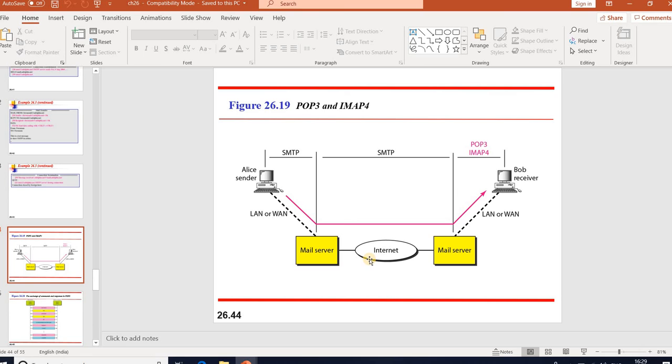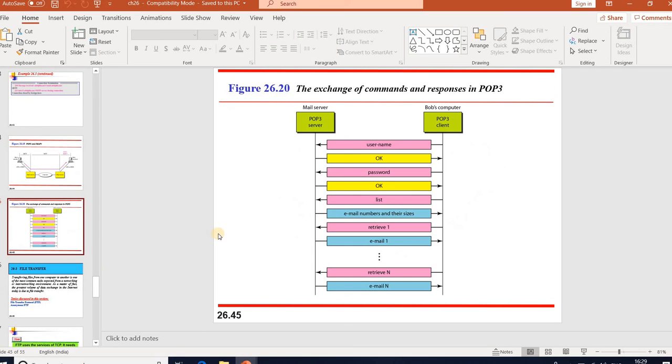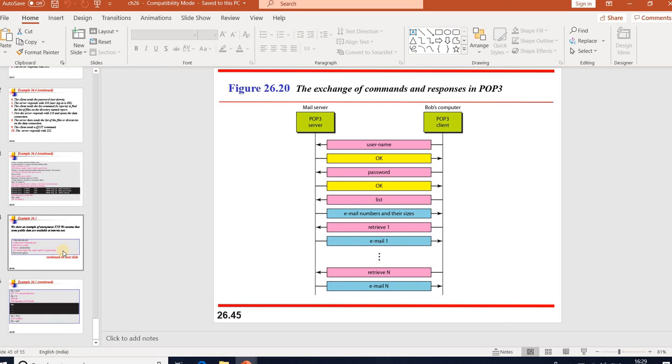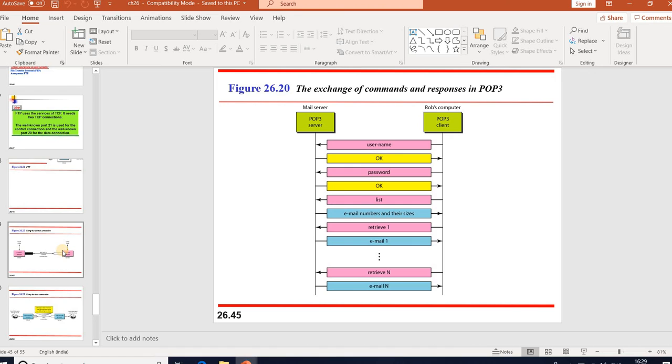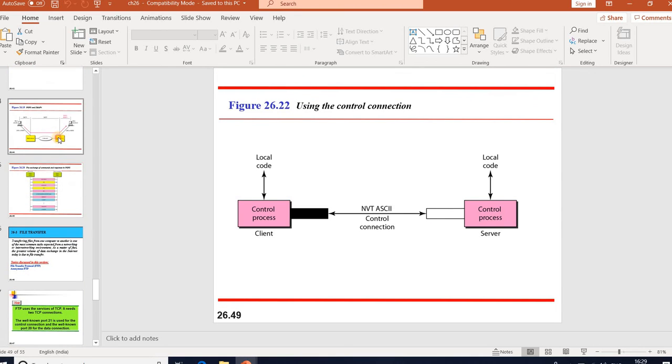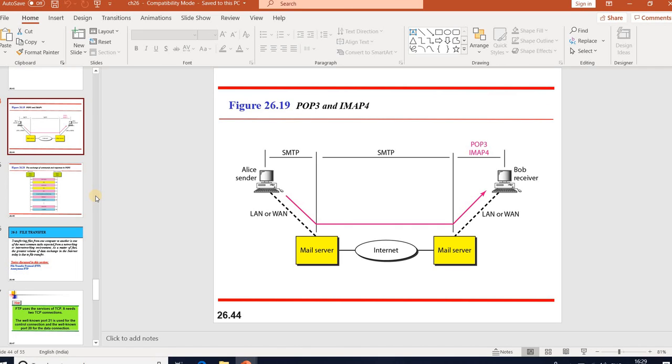POP has two modes: delete mode and keep mode. In delete mode, mail is deleted from the mailbox after each retrieval. In keep mode, the mail remains in the mailbox after retrieval.